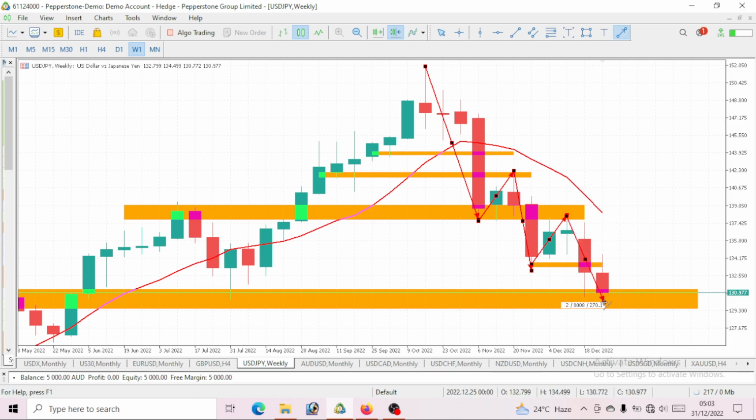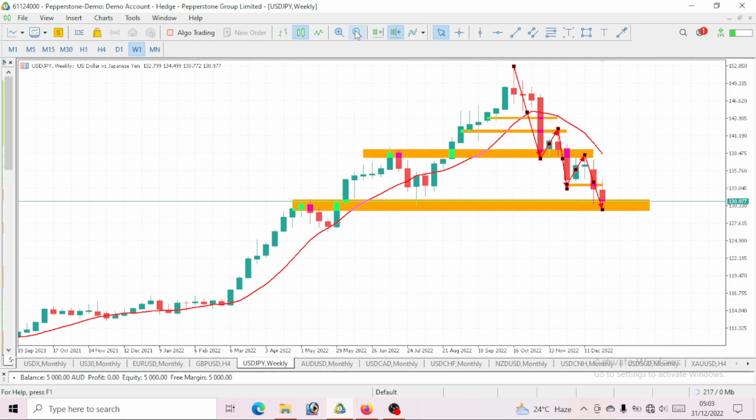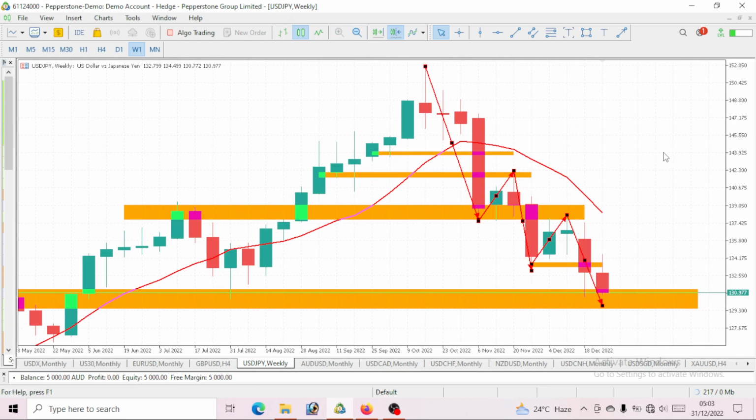Now take a look at this. After this, we are expecting a lower low. Do you know that we've got to this level? After this level, what do we expect, guys? Of course, we expect a pullback on this USDJPY. So after this pullback, what next will be made? Definitely another drop. Once this pullback is over on USDJPY, it will be more visible on the daily time frame. I'm not trying to say it will not be visible on the weekly, but it should be more visible on the daily time frame. So let's see if we get a pullback, then we will continue our bearish move on USDJPY.